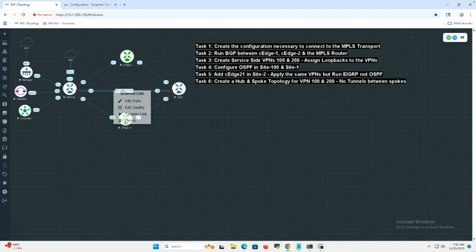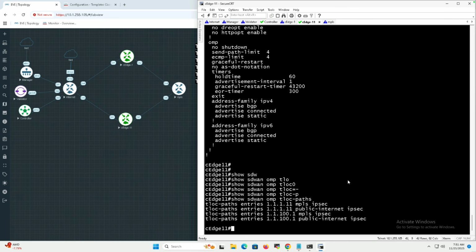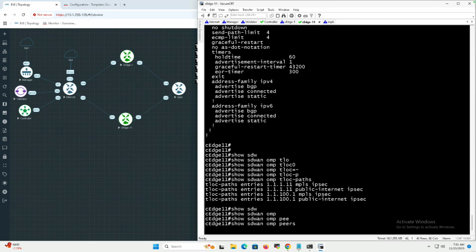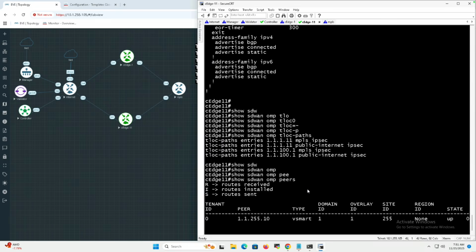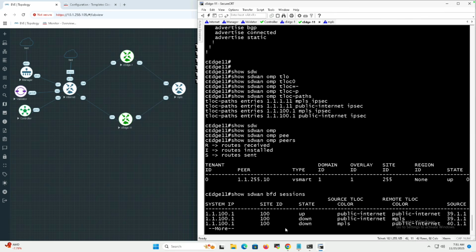So I'm going to go ahead and right click, and I'm going to say I want to delete this link. The link should go away. Now what I want to do is go back to my cEdge, and from my cEdge, I'm going to say show SD-WAN OMP peers, and we should now have 2 tunnels. I'm sorry, we should have show SD-WAN BFD. We only have one vSmart, so we can only have connection to one vSmart. But I'll say show SD-WAN BFD sessions, and if all goes well, we should have 2 tunnels that are up